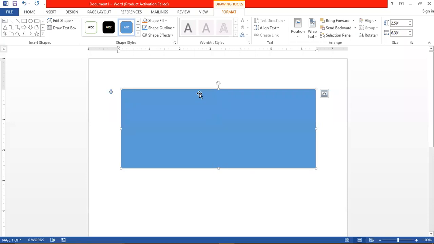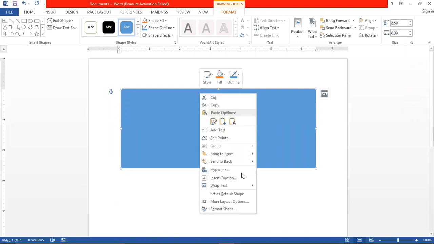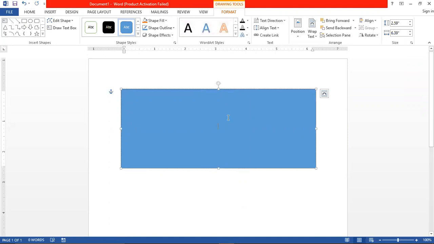So I will right click on the shape. After right clicking, this is the properties menu which will open. Now in this, there is the option of add text. In your version, you may get the option of edit text. So don't get confused, both are the same. Click on that add text option, and you can see in the center of the shape, the typing cursor has appeared. Now whatever you type will be inserted in your shape only.